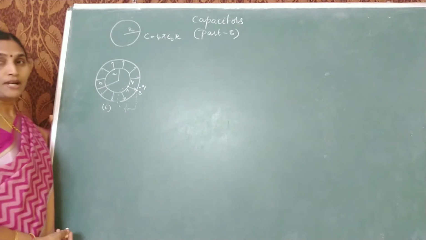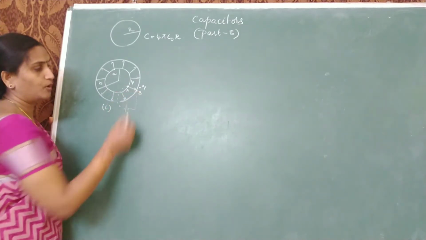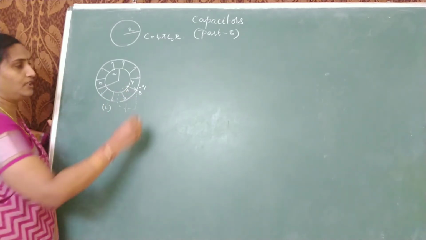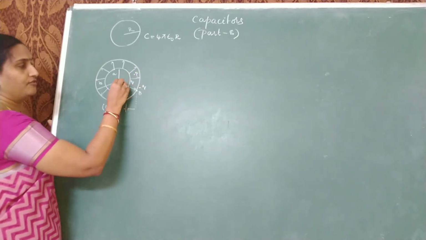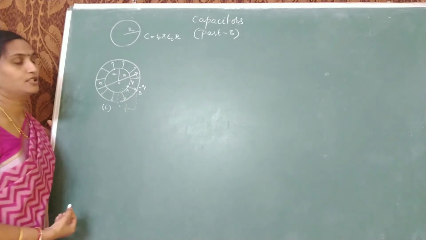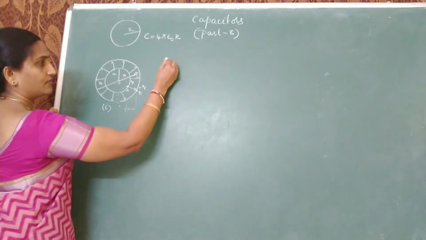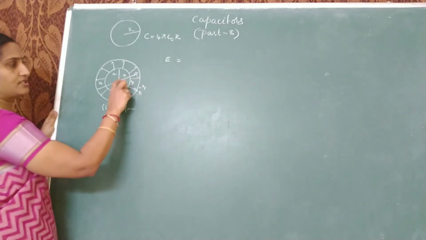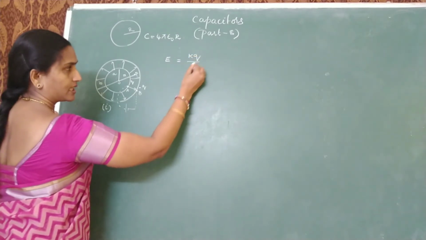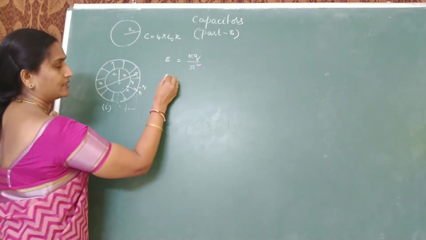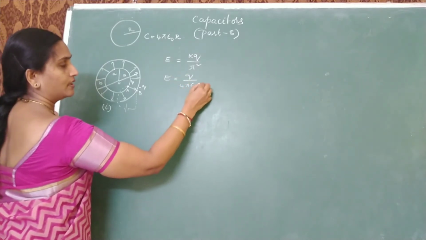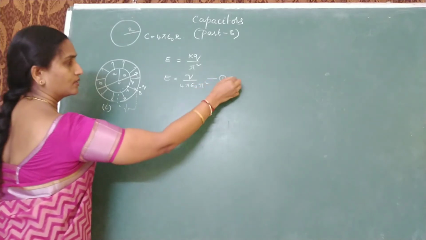And now to calculate the capacitance, I need the potential difference between the points A and B. So let us see how to find out the potential difference between the points A and B. Select a point P, which is at a distance r from center of the sphere. First, I'll find out the electric field at this particular point. Okay, find out the electric field at a point P, which is at a distance r enclosing a charge Q. Okay, we already know it's kQ by r square, or you can write it as Q by 4 pi epsilon naught r square. Call this as equation 1.